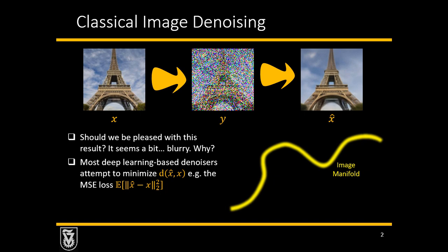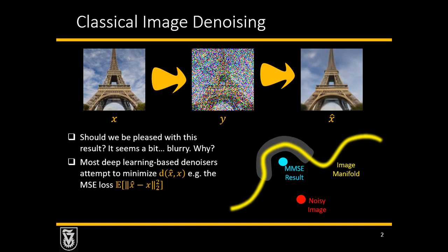Now, if we imagine that this is the image manifold, the manifold on which the natural images sit, and this is the noisy image we have as an input. This is the set of natural images that could explain the noisy image. This is an ill-posed problem. There are multiple solutions to it. The MMSE result would just be the expected mean of these images, which in this case would sit outside the manifold. That's why we get a reconstructed image that is not visually pleasant. It is not of good perceptual quality.